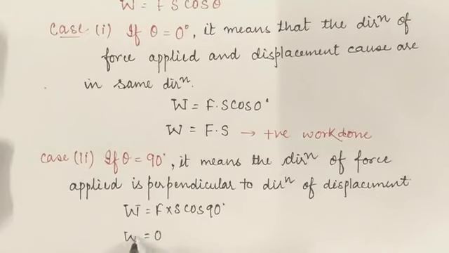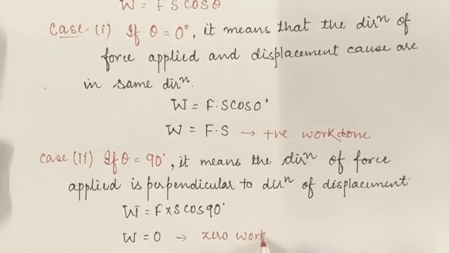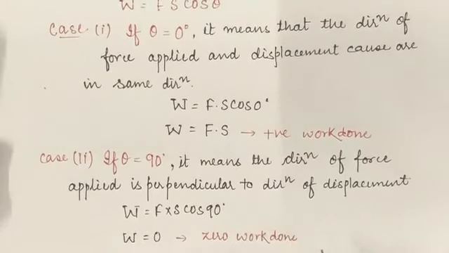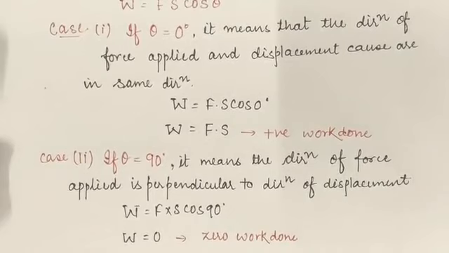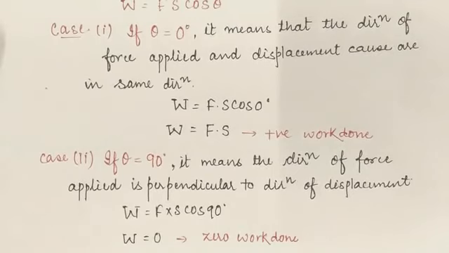that when the direction of the force is perpendicular to the direction of the displacement, then in this condition we will get the 0 work done. That's why we are saying that a person who is having a bunch of hay onto his head, and if he is moving in a field, then at that time we can say that there is no work is happening. Why? Because the weight of the object is acting vertically downward and the displacement is horizontally, so both are making the angle 90 degree. In this condition we will get the 0 work done.